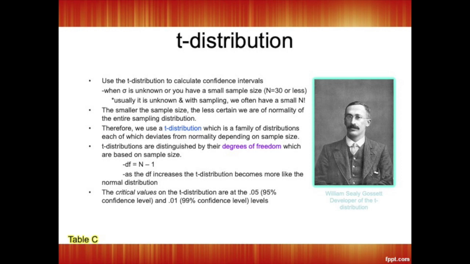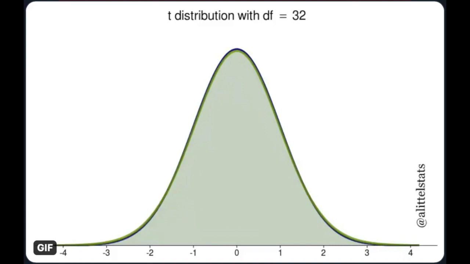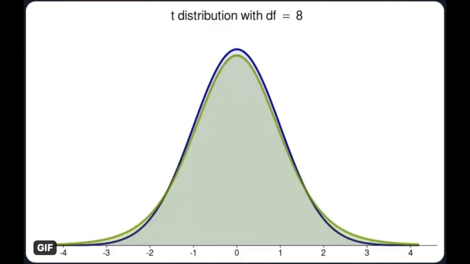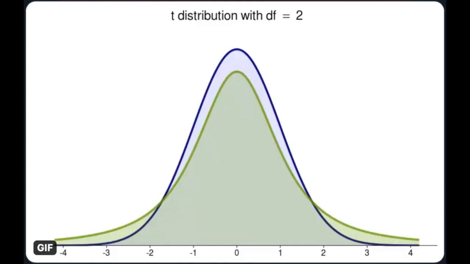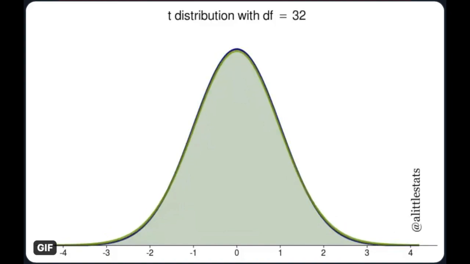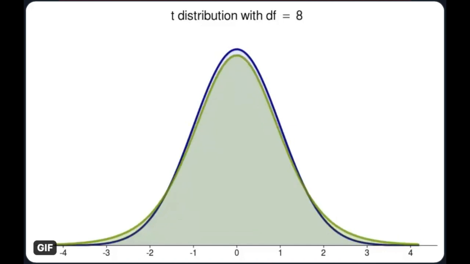Another thing that you need to know for the quiz is that as the degrees of freedom increases, and what causes degrees of freedom to increase is the number of people in your sample or in your sampling distribution, the t-distribution becomes more like the normal distribution. So the more people that you have, the more likely the shape of your data is going to be mesokurtic or a normal curve. There is a term that you need to know because you're going to be using it a lot going forward,